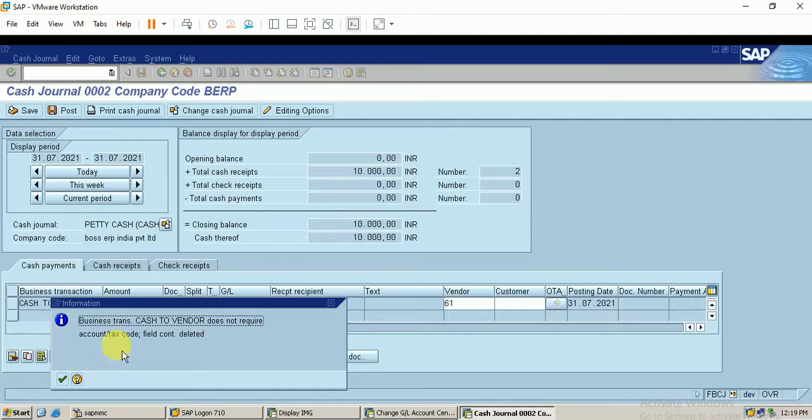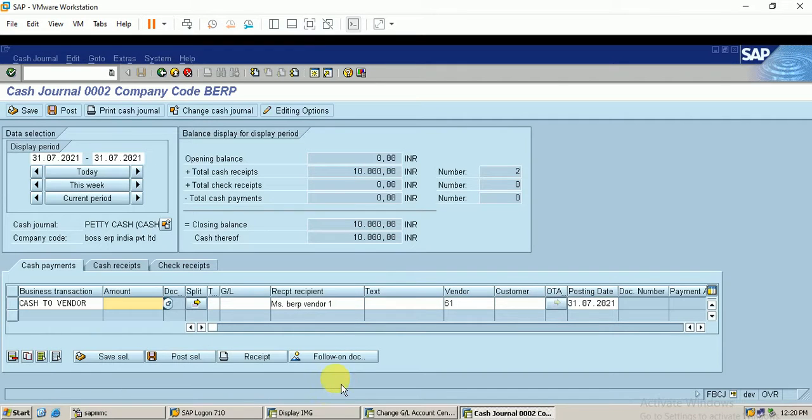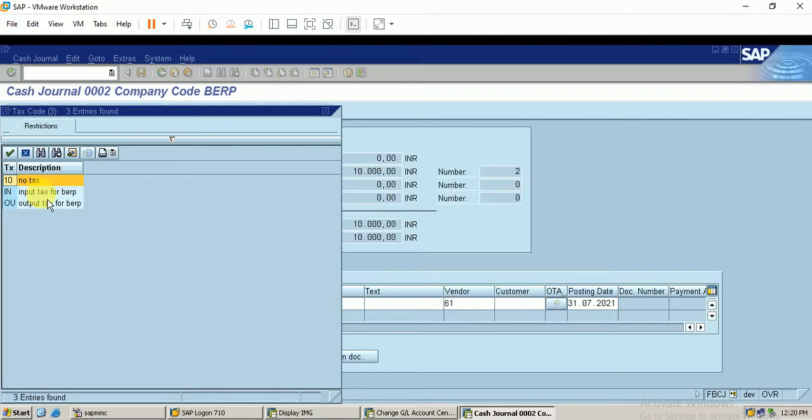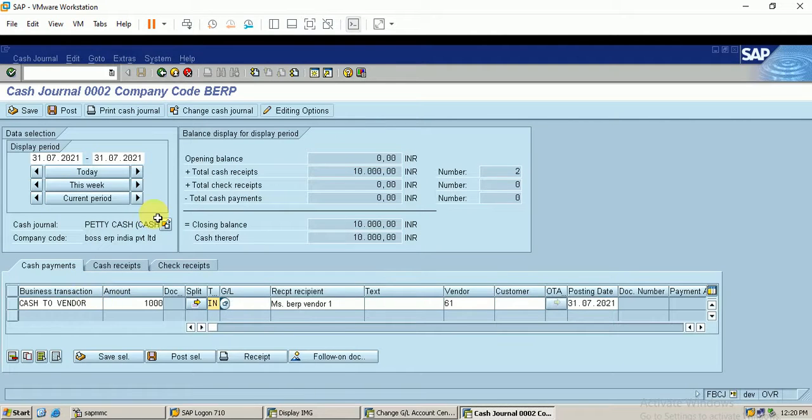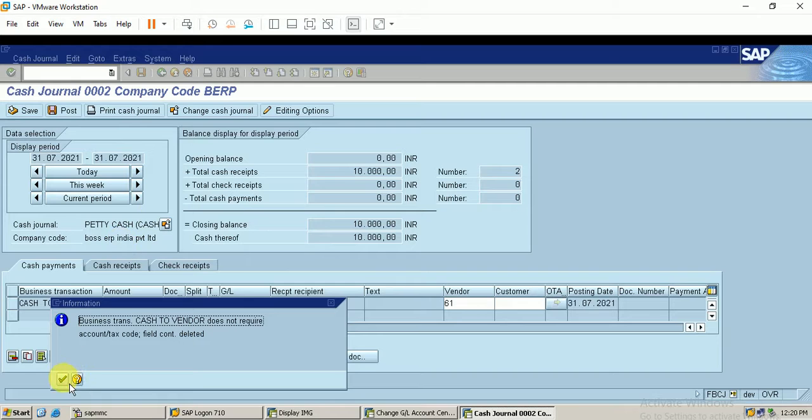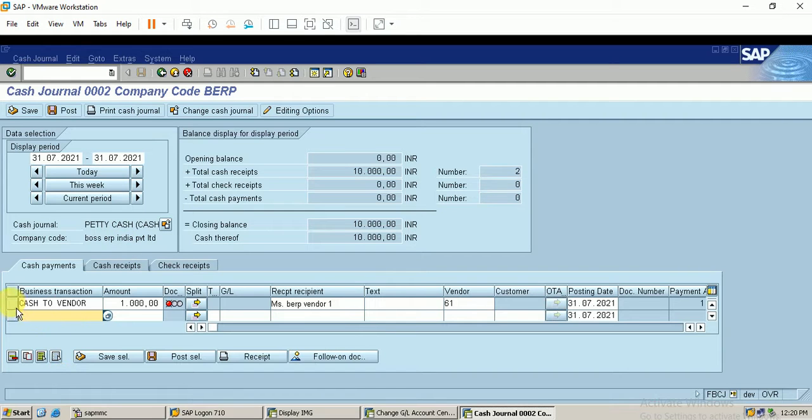Okay, it requires the tax code, so I link my tax code. I have not entered the amount also. Just enter the amount, and here will be the tax code. Click on enter. Field content okay, just select this and click on post. We'll see what happens.